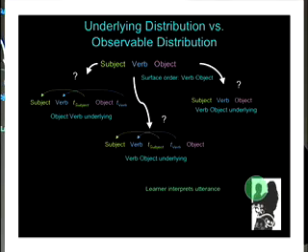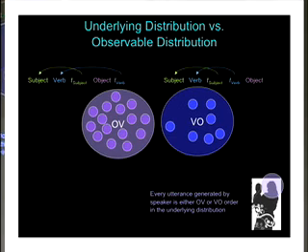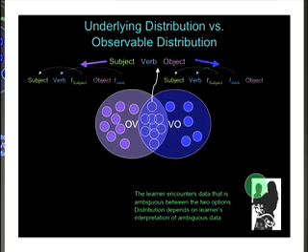And so the reason that you get some distortion is that the learner has to interpret this utterance. They could say, well, I have a subject-verb-object utterance. Is it object-verb or verb-object? What kind of rules could I posit that would generate one or the other? So there's ambiguity here. The utterances in the speaker's mind, what I'm going to call the underlying distribution, don't have any ambiguous data, because the speaker's using one order or the other when they're generating these things.